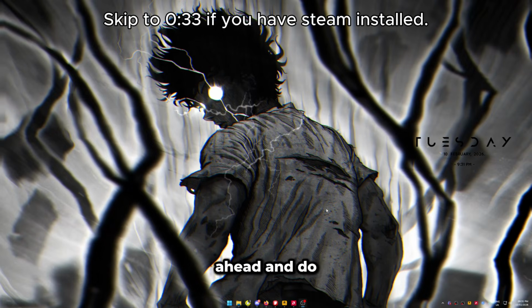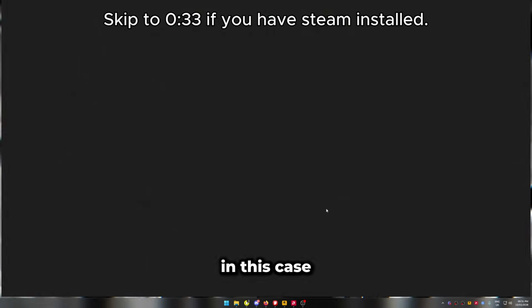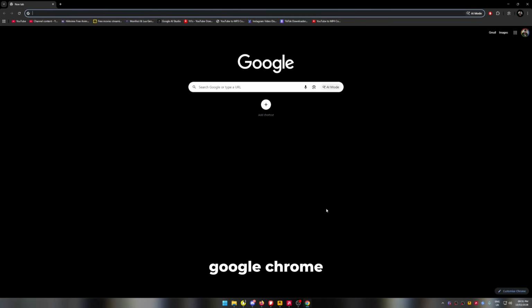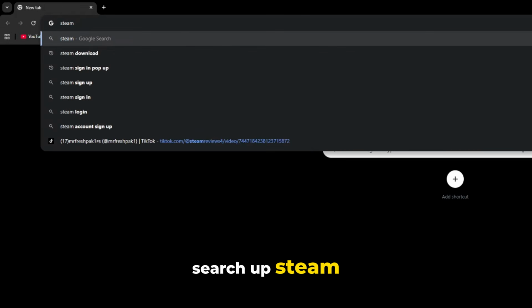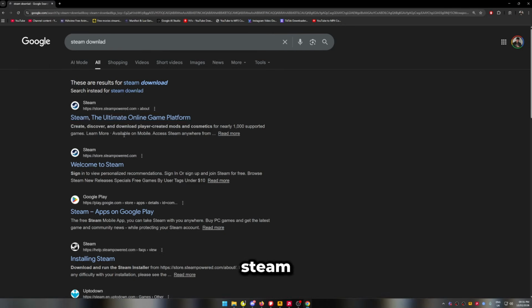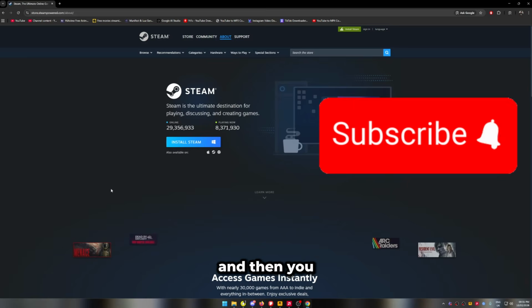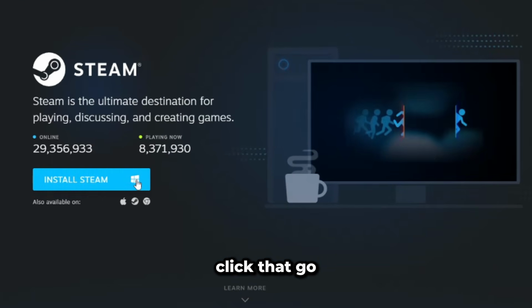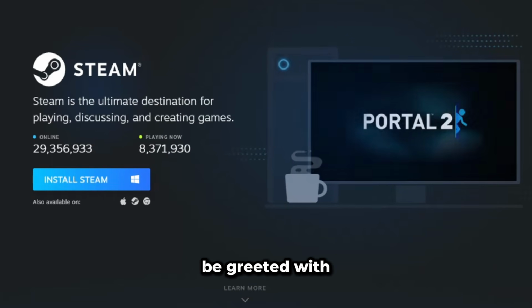So the first thing you want to go ahead and do is open up any browser of your choice. In this case mine is Google Chrome. Once you're on Google Chrome, you just want to go ahead and search up Steam download. Once you see Steam, just click the first link you see on the top, and then you should see an install button right here. Click that, go through the setup process, and then you'll be greeted with a page like